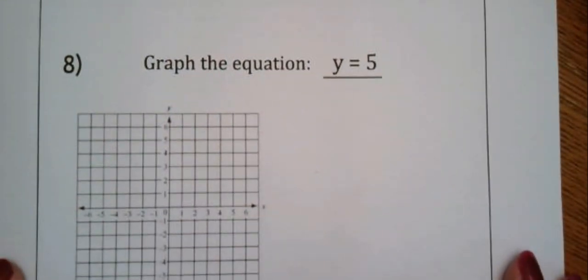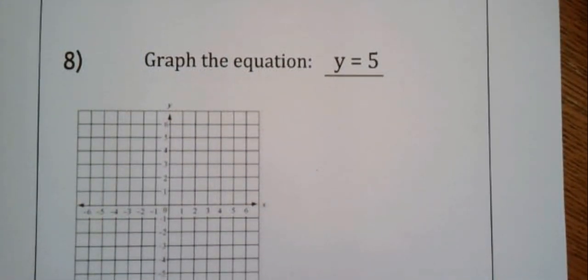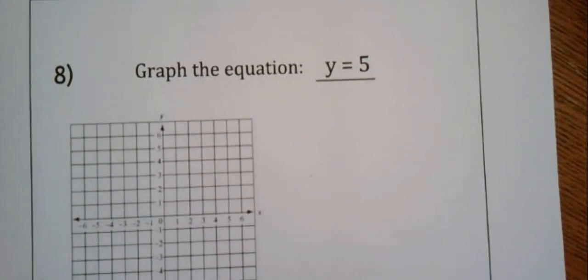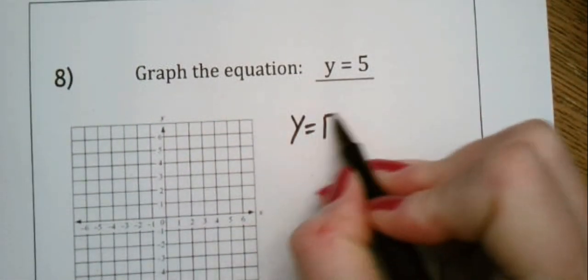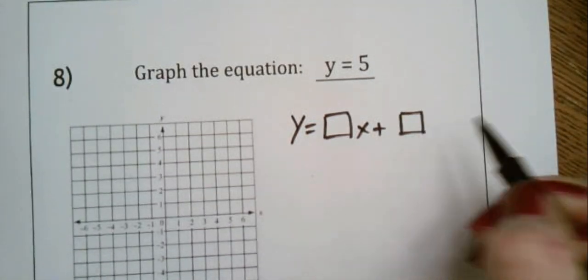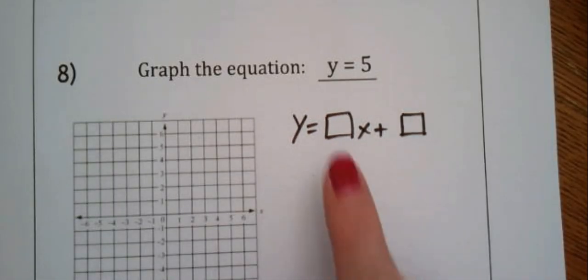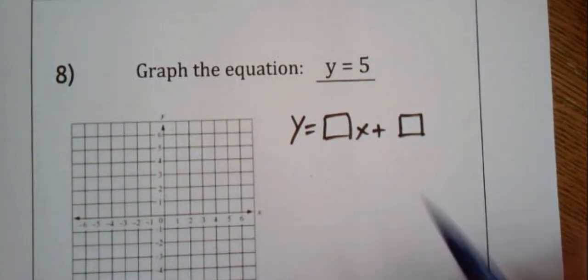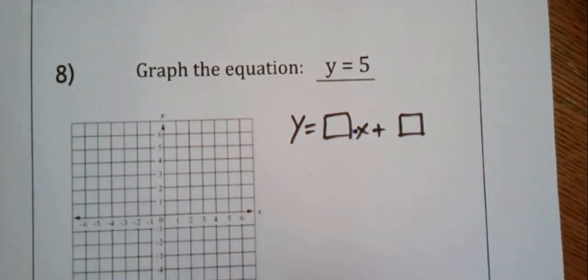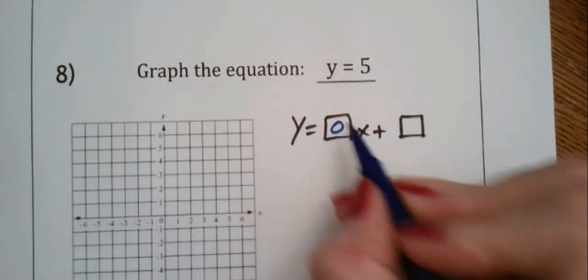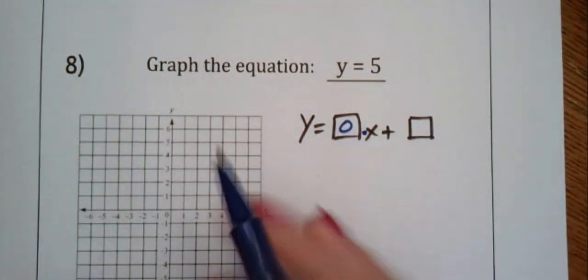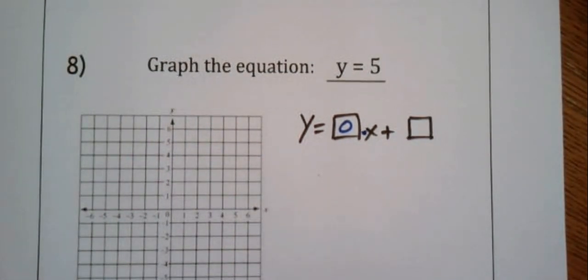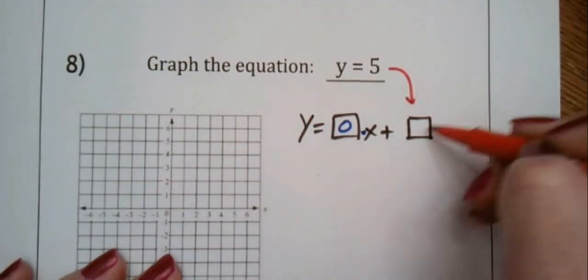Number 8, here we got our special case. Now this equation only has a y equals 5. That's it. Okay. Well, remember, equations come from y equals mx plus b, right? And you see here that the x disappeared. So what number would have had to be multiplied to this x to make it just disappear? Well, that would have to be 0, right? 0 times x would be 0 and it would go away, which means that this 5 is actually the